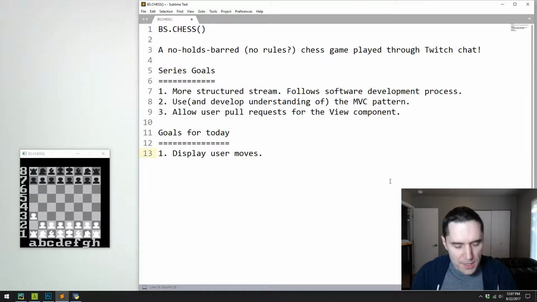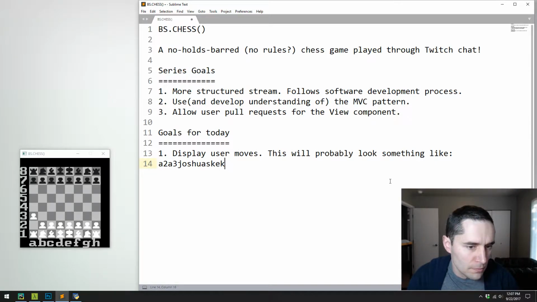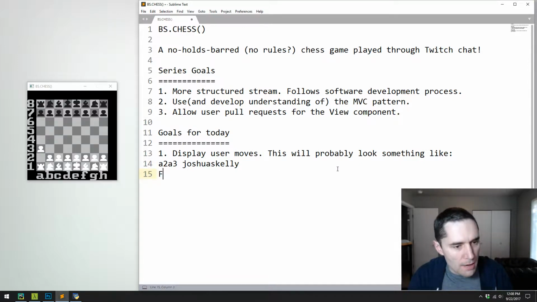So display user moves. This will probably look something like, I guess at its roughest, it could just be like A2, A3, A2, A3, Joshua Skelly, right? And I'm thinking for this view too, I'm probably just going to put it underneath the chessboard, which means it's going to be a max width of 10. So for the TDL view implementation,